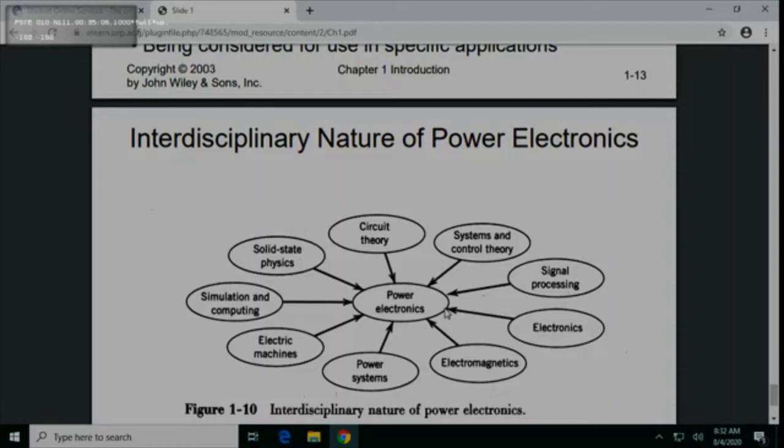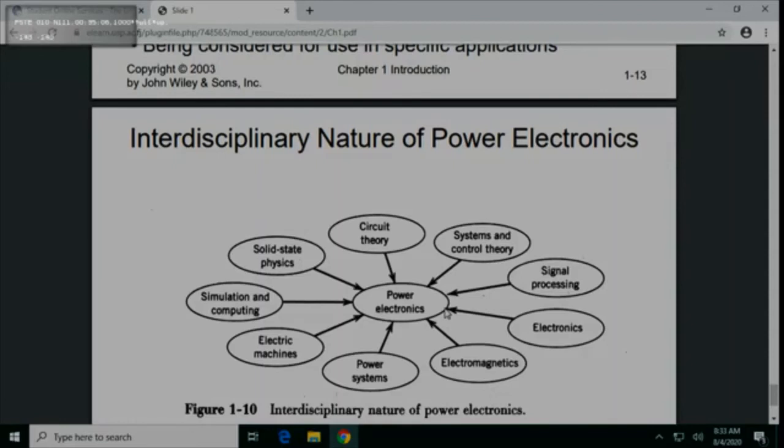Power electronics is used in 323, 312, all these courses that you have done previously. Signal processing, you are going to do this next semester, next year, right? 392. Electronics you have already done. Electromagnetics, most important. Electrical machines, and then power systems last semester. Yes, you have used so much power electronics, you remember, for your project. Good, you already know about power electronics.